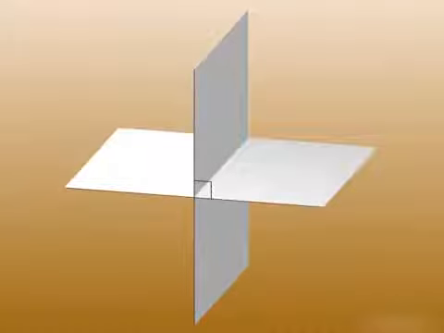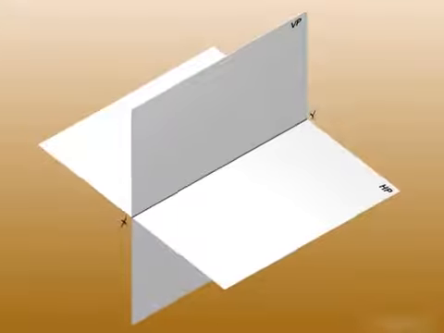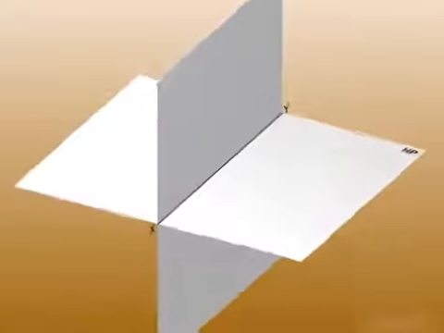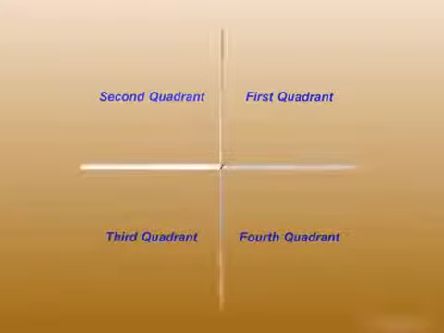Planes of projection are mutually perpendicular planes known as principal or reference planes. One of them is the vertical plane VP and other one is horizontal plane HP. The intersecting line XY is the reference line. These intersecting planes create four quadrants named as first, second, third, and fourth in anti-clockwise direction.